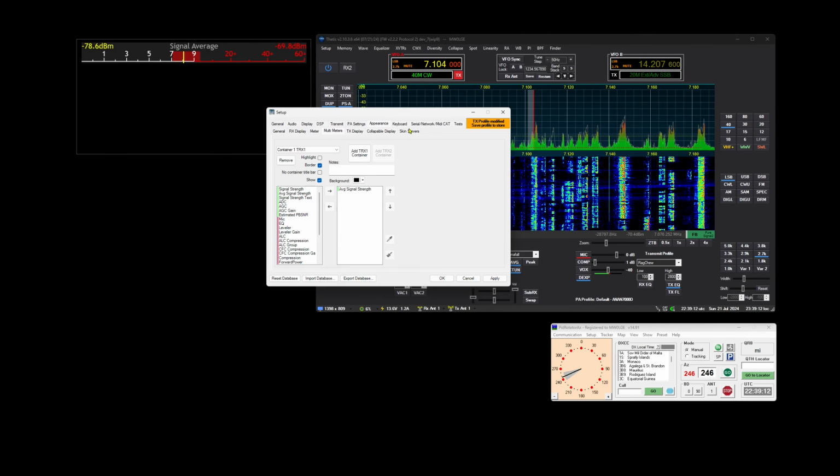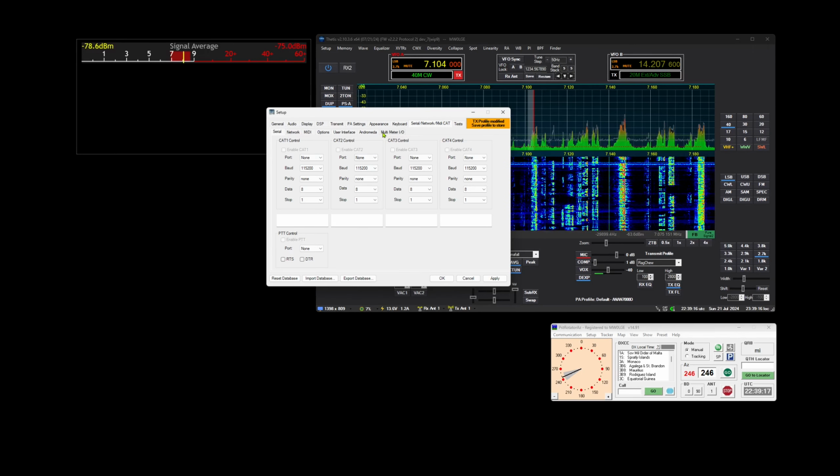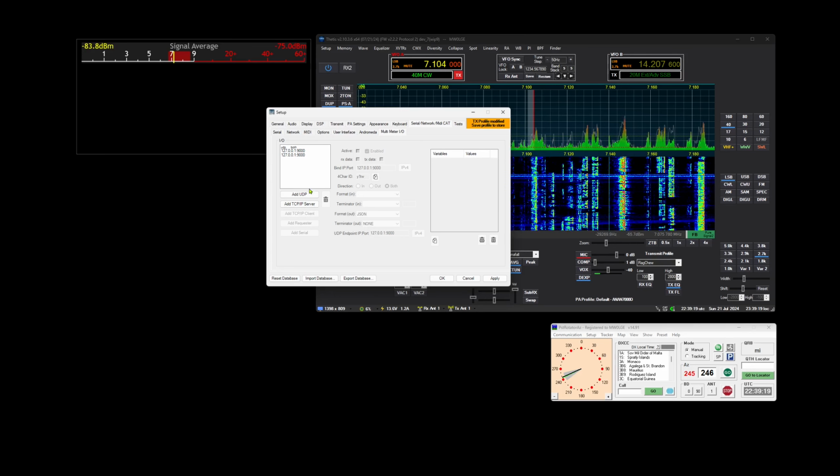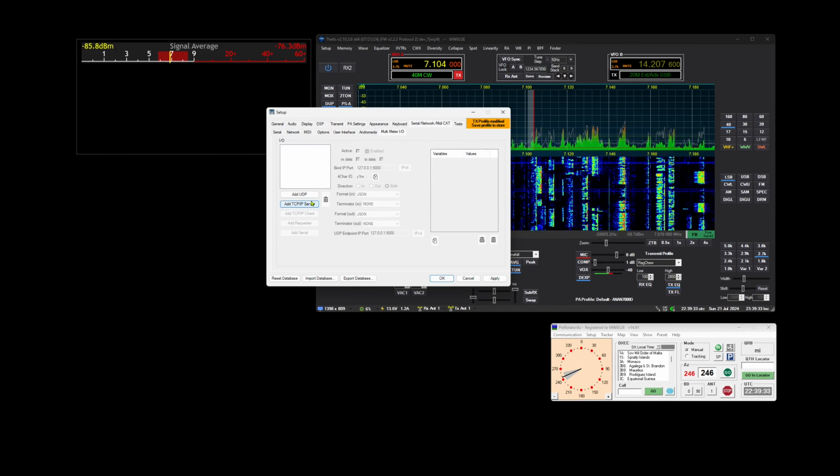So the new features start in networking, multimeter I/O. Let's delete this one. So what we can do with this is create a way to get data to and from these meters via networking at the moment. Eventually there's going to be serial and a bunch of other stuff, but at the moment it's UDP and TCP/IP. So what we can do, we can add a UDP listener